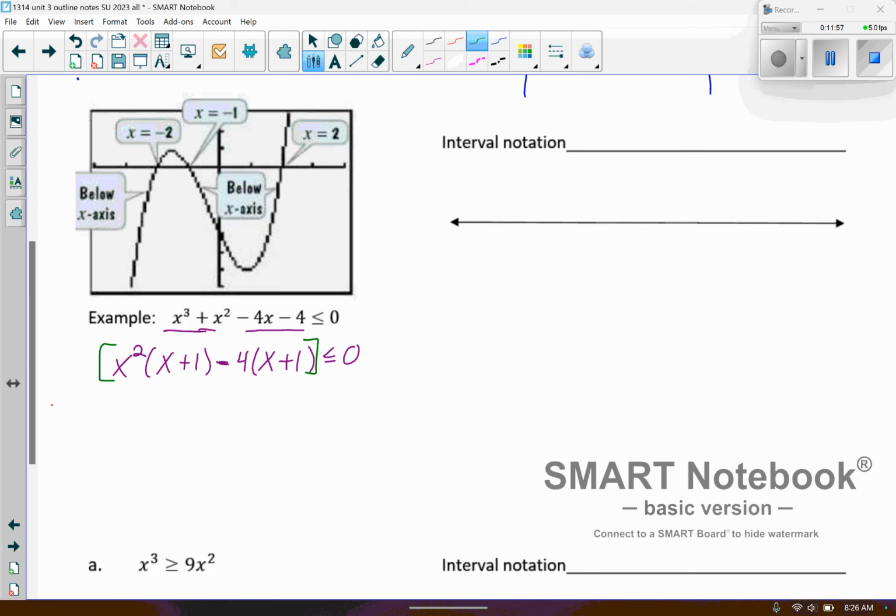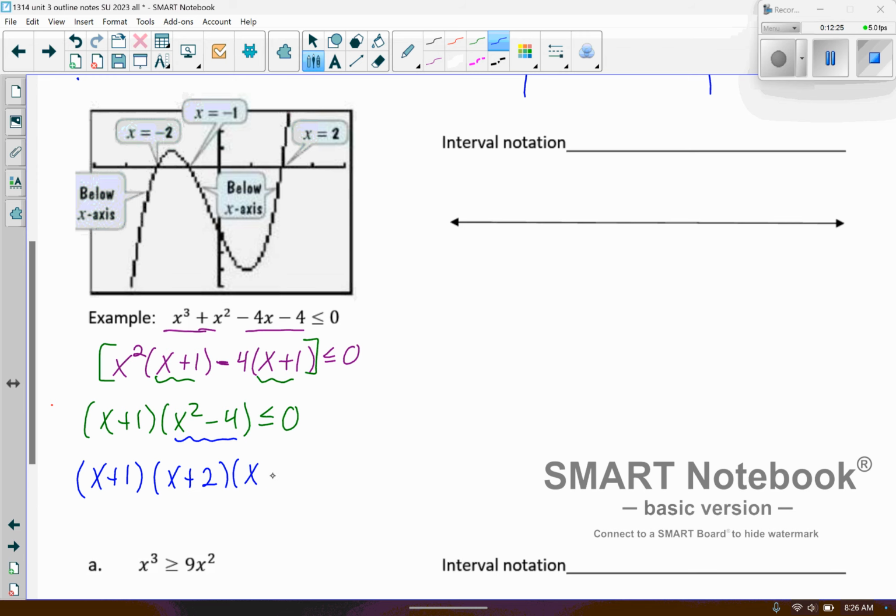So we're going to factor out the x plus 1, and that will leave us behind with the x squared minus 4, which then we can factor. That right there is the difference of 2 squares. So x plus 1, then this will factor into x plus 2, x minus 2,